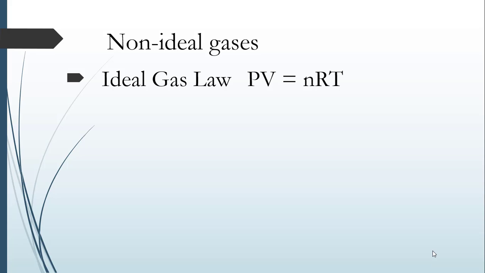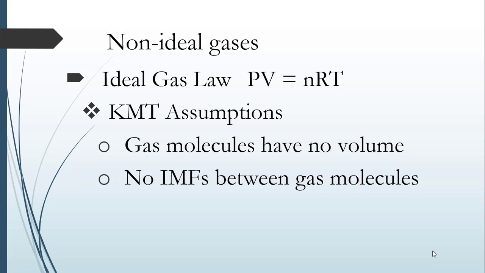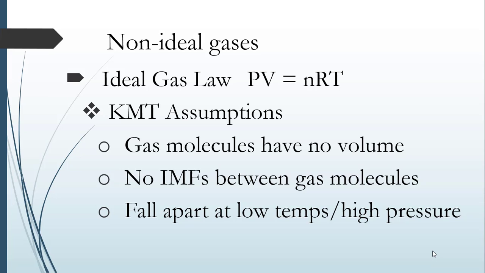And we know that the ideal gas law is PV equals nRT. This makes a couple of assumptions because it's based on the kinetic molecular theory. And this is that gas molecules have no volume, they are point charges, and that no intermolecular forces exist between gas molecules. These assumptions are valid at high temperature and low pressure, but they begin to fall apart at low